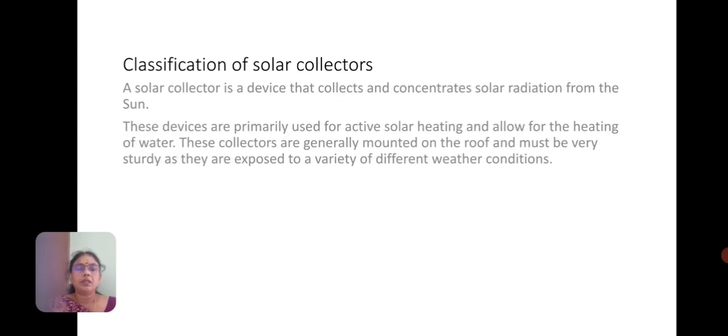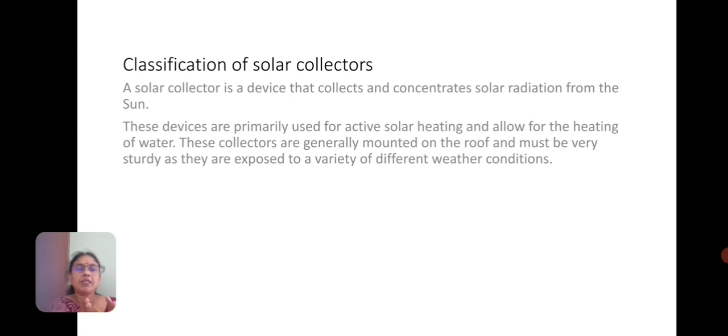That means solar collectors provide an alternative for traditional domestic water heating using a water heater, potentially reducing energy cost over time in domestic settings. A large number of these collectors can be combined in an array. Array means kept side by side, and used to generate electricity in a solar thermal power plant.